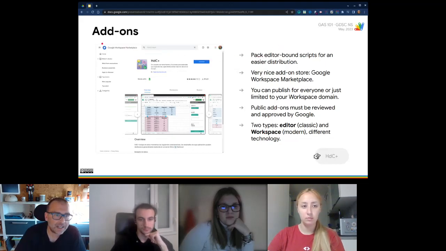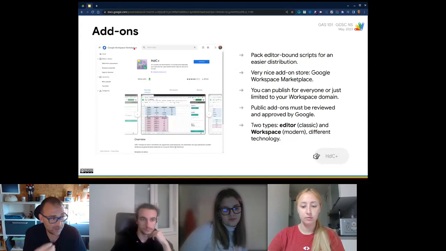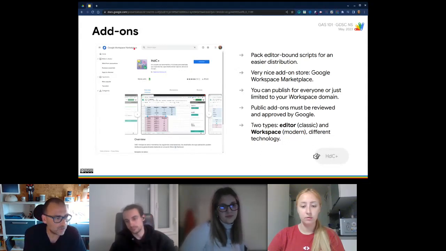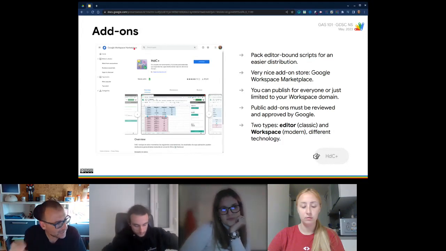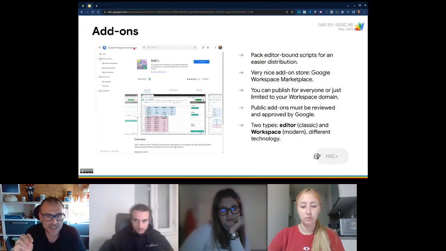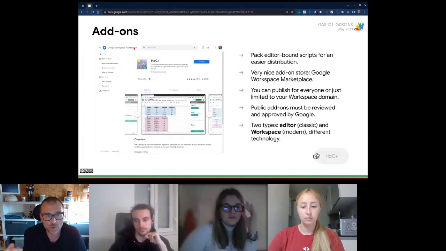There is an official Google Workspace Marketplace, and you can use it to install easily, from the user standpoint, any creation that is in the market in your add-ons. You don't need to copy a template. You don't need to copy and paste a script into your own document. You just install. I'm sure that you are pretty familiar.